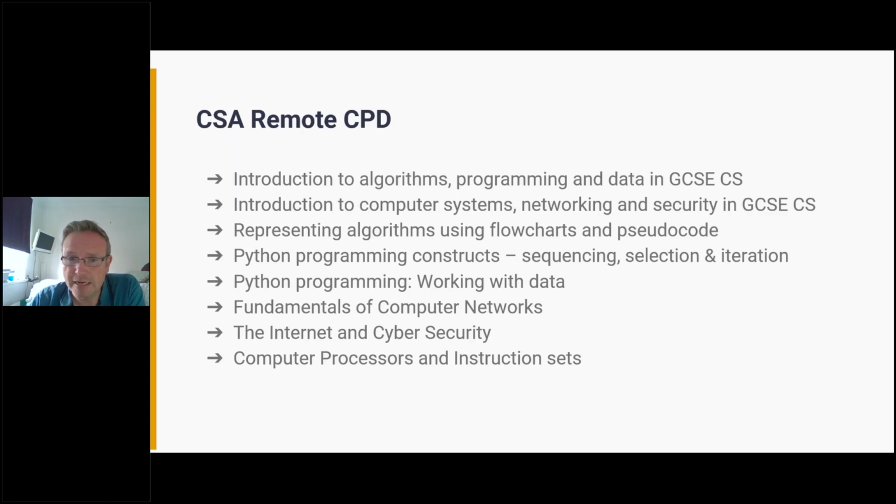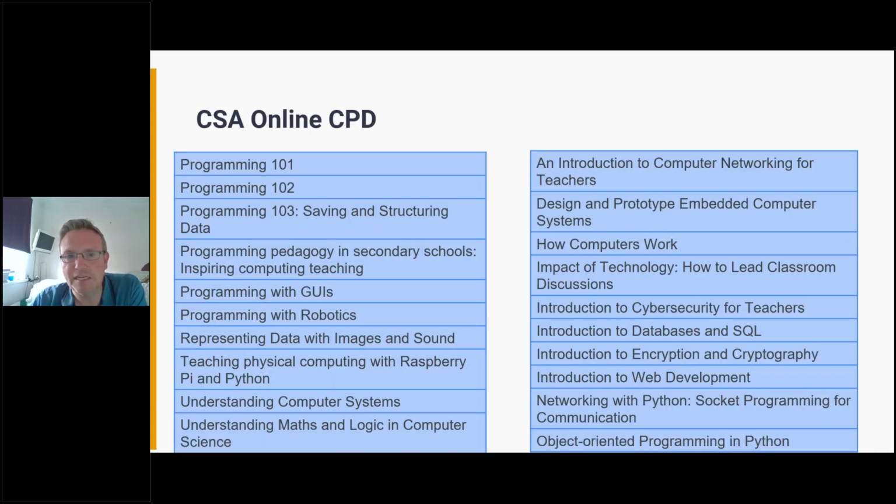We've got a summer school running in August at our STEM centre, which is doing really well for numbers, which is our first return to an offer of face-to-face. And we're probably going to be putting on a second one as well. So if that's something that's of interest to you, keep an eye out for that. The remote CPD is what is normally our face-to-face that's been tweaked and turned into something suitable for remote CPD. The other thing that I'm referring to is the online CPD.